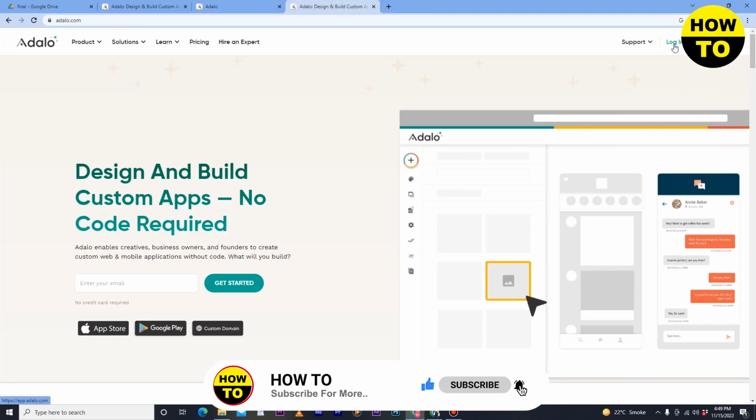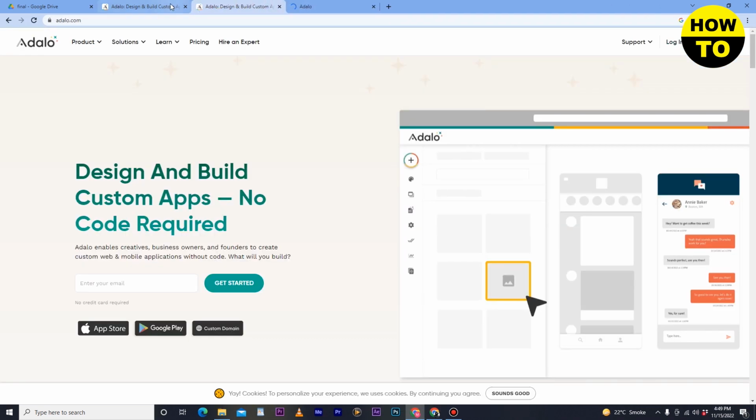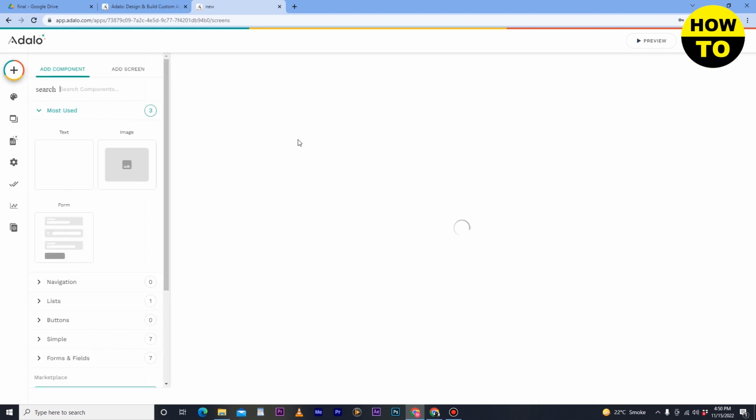But in my case I already have an account, so I will click on login, and after that when you move to the login page, just click on sign in and you will directly move to the dashboard. So finally here you can see this is the main dashboard,